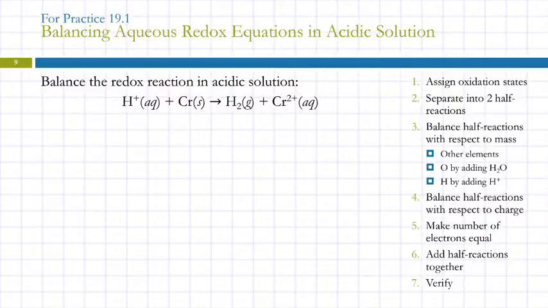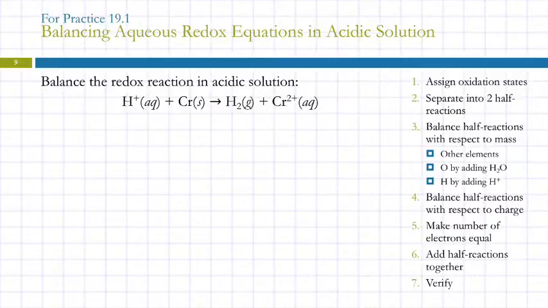So if you really hate oxidation states, a lot of times you can kind of skip that part. I shouldn't say that, should I? But here, the hydrogen ion must be one of the reactants, and the chromium must be the other reactant for the other half reaction. And the H2 obviously goes with the H, and the Cr2+ obviously goes with the Cr. So on some of these, you could skip doing that and be okay, but I'm going to go